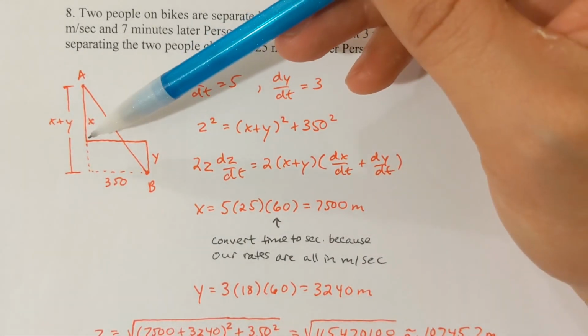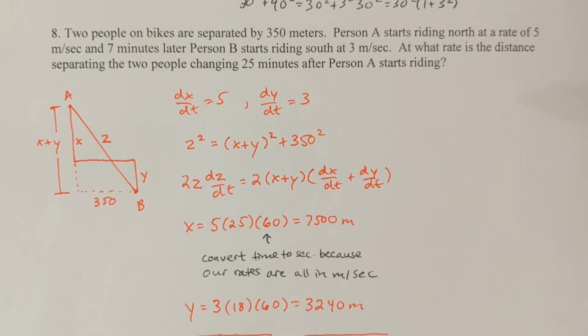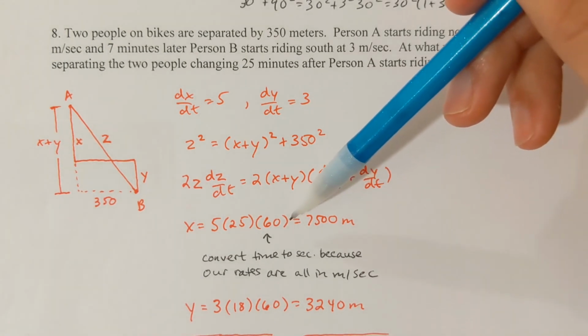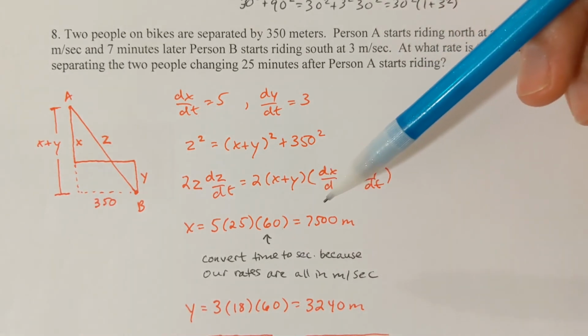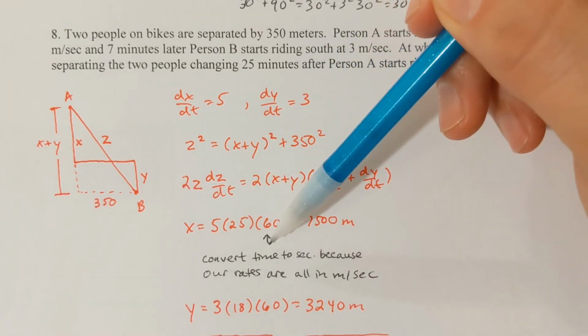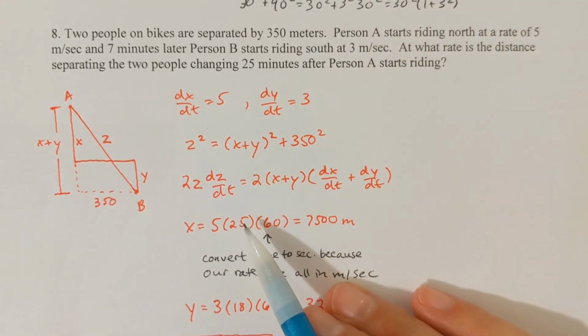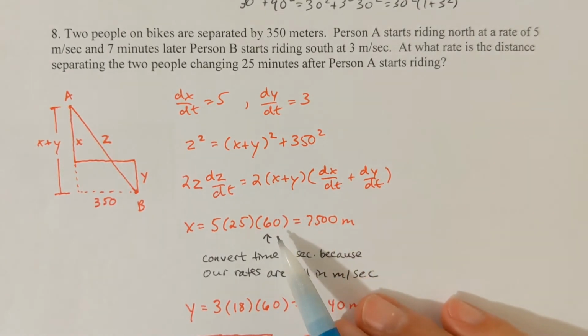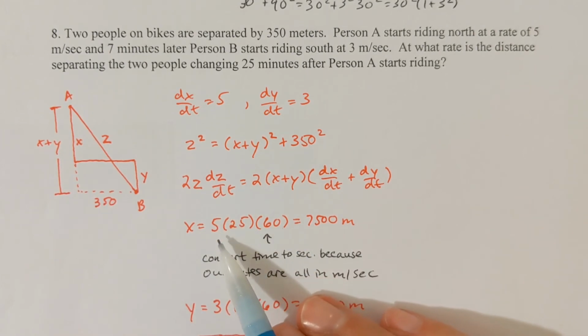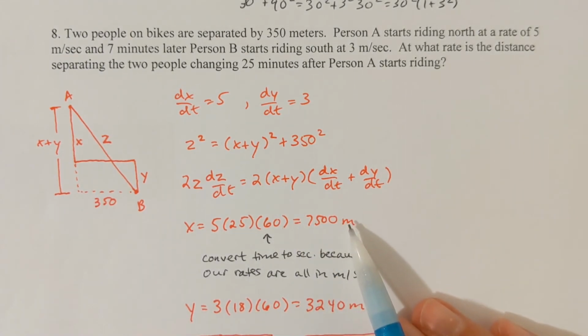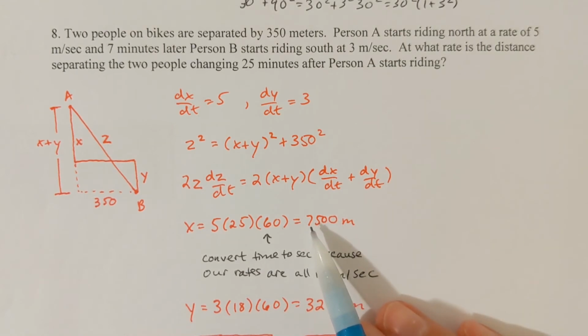x would be the distance that person A has ridden from the start point. Okay, now person A is riding at a rate of 5 meters per second and has been riding for 25 minutes. Well, there's 60 seconds in a minute, and I'd want the minutes to cancel here. I've got 25 minutes, 60 seconds in 1 minute. The minutes units would cancel. Also, the person is riding at a rate of 5 meters per second. So seconds would cancel there, going to leave me with something in terms of meters. Person A has ridden 7,500 meters then